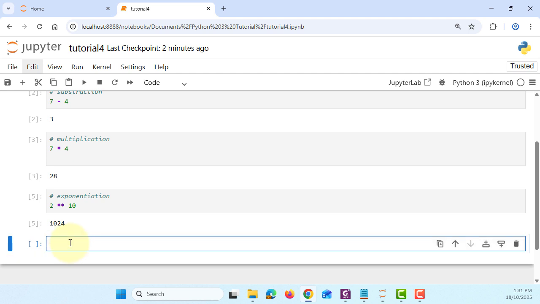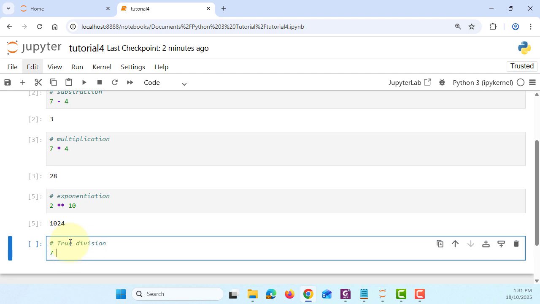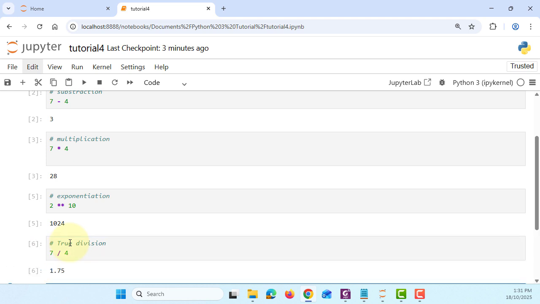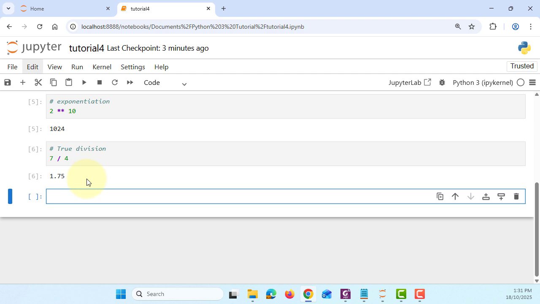Then true division. They call it a true division in Python. It looks the same as what you already know, like 7 divided by 4. That's supposed to be 1.75. So something you know in mathematics. This we call a true division. In Python, there's something unusual. We call it